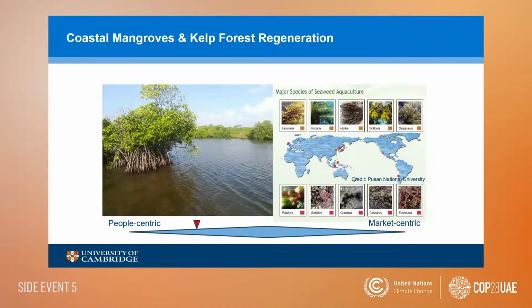I'm just slightly worried about going over time, so I'll rush. But here's an example of an ocean-based CDR method that is being rapidly scaled up in developing countries. On the left, we have coastal mangroves, and on the right, we have sea kelp. These are both very people-centric forms of MCDR, and they're people-centric because people recognize them. Mangroves have spiritual and cultural values to coastal communities, and this allows these types of MCDR methods to be understood and relatable to communities, which is why it's often the most popular and most easily adopted form of MCDR